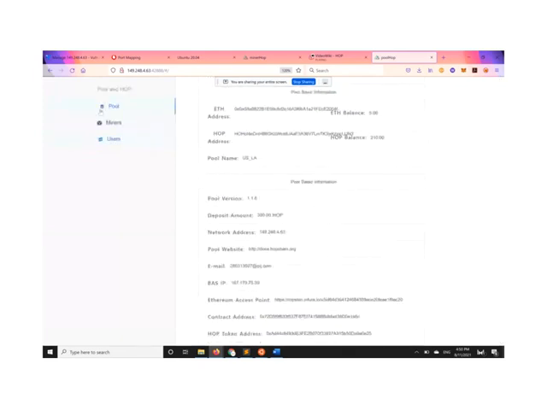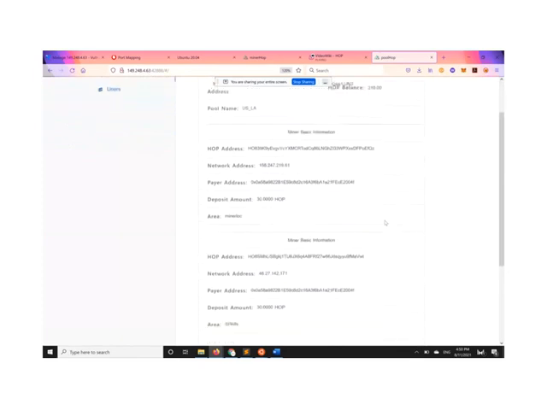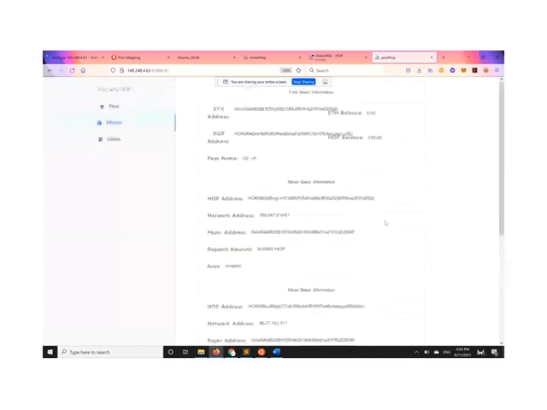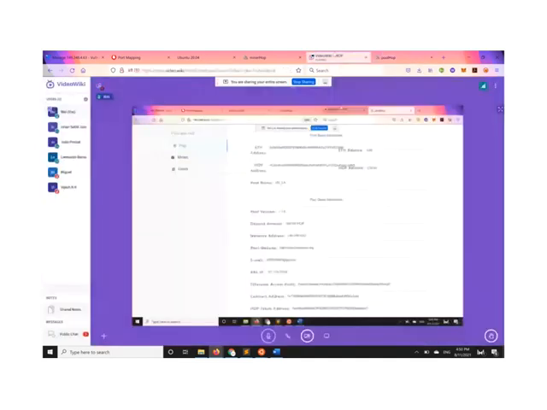Check all the pool information, how many miners, and for each miner, what information they have. I know today is a little bit of an advanced class because I just want to show you how you can use the website to monitor your miners in the pools by providing your MetaMask